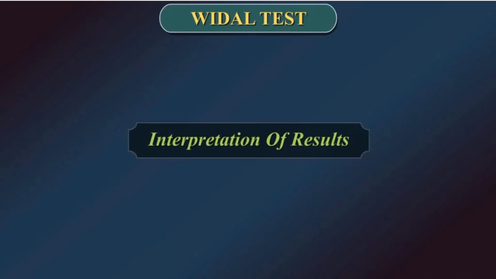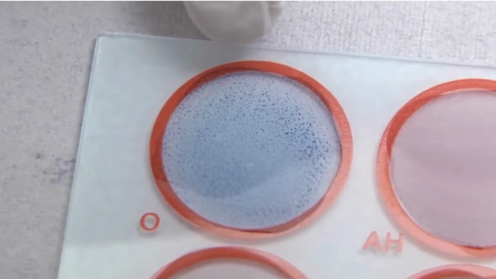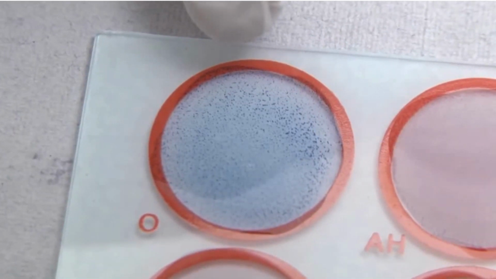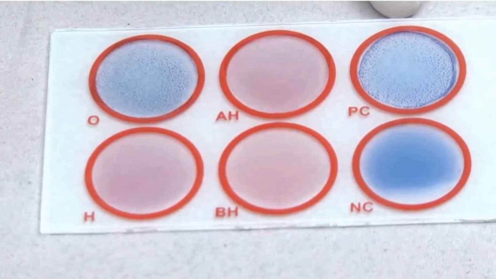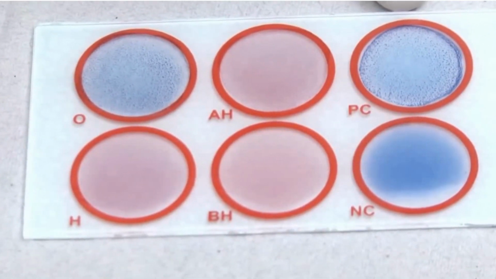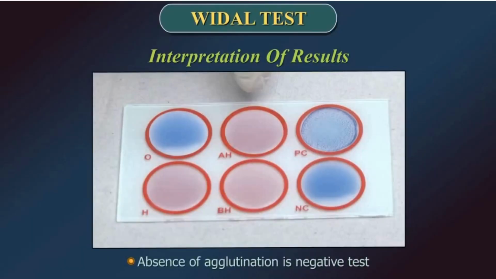Interpretation of results: observe for agglutination or formation of clumps in the wells. Compare it with the positive control. Agglutination is a positive test result and indicates presence of the corresponding antibody in the patient's serum. Absence of agglutination is a negative test result and indicates that the corresponding antibody is not present in the patient's